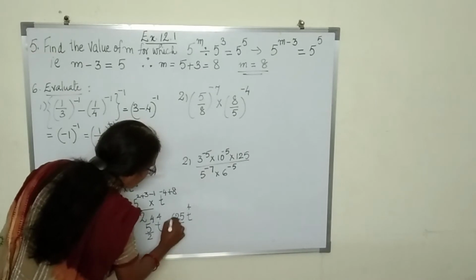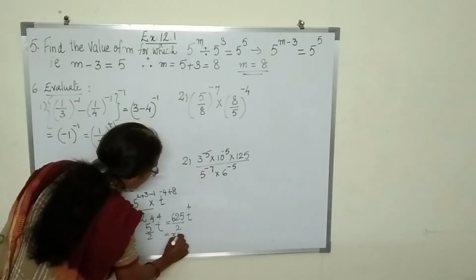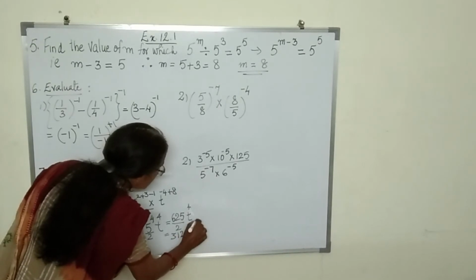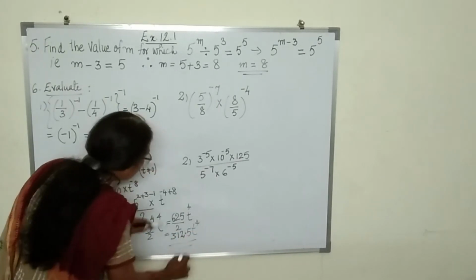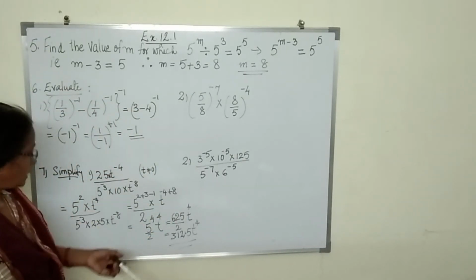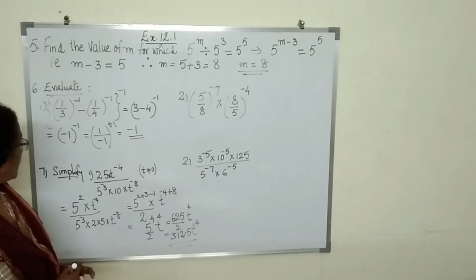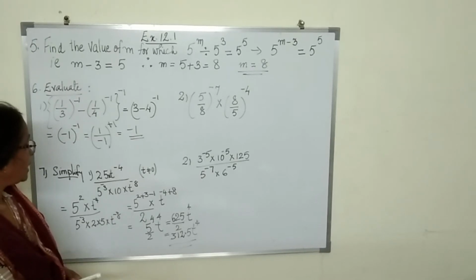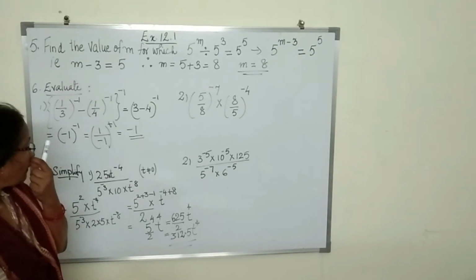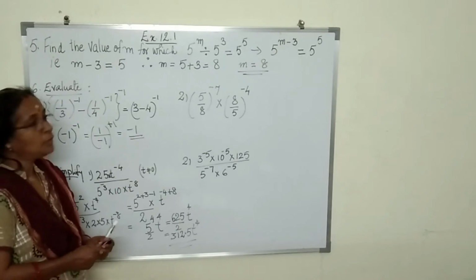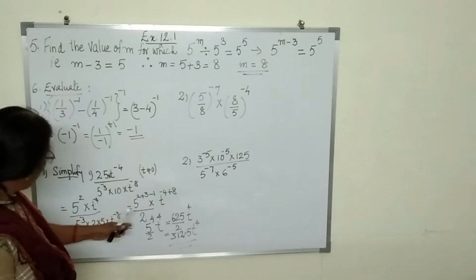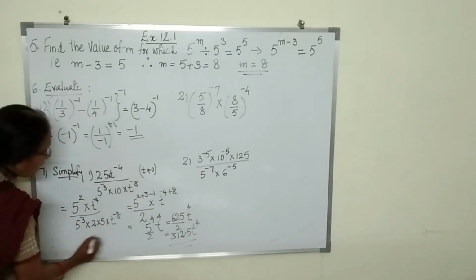So when you do division, 312.5 t raised to 4. If you wish to stop here, you can stop, there is no problem. Okay, you can write in the form of a fraction. So the value is 312.5 t raised to 4 or 625 upon 2 t raised to 4. And if you wish, you can stop even here, which is equal to this one.